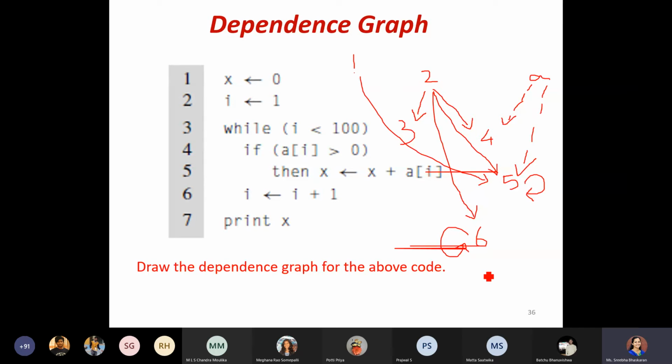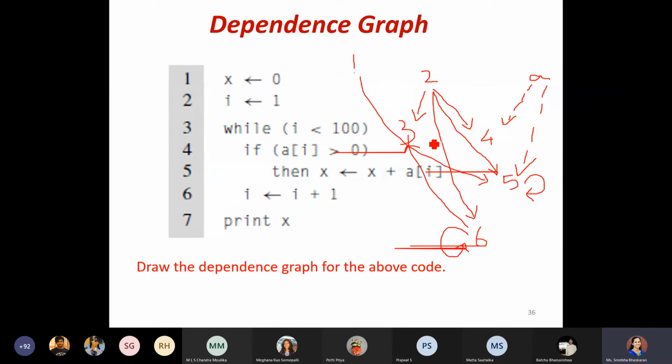Now if you see, the second time when I am going into the loop, I less than 100, line number 3. Line number 3 will be dependent on the I value, which means it will be dependent on the content in line number 6. So the arrow will be pointed to node 3.